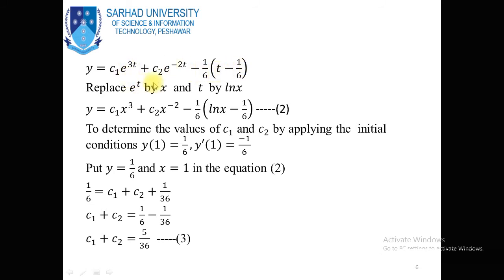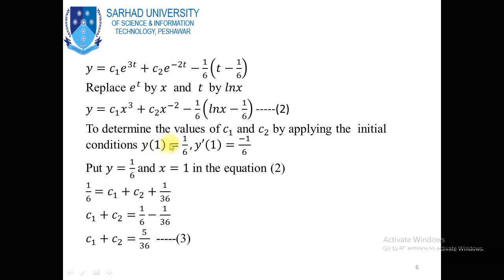Now replacing e power t by x and t by log x, we obtain the general solution c1 x cube plus c2 x power minus 2 minus 1 over 6 into natural log of x minus 1 over 6. This is equation number 2. Now in this equation we have two unknown constants c1 and c2. To find these two unknown constants c1 and c2, we use the initial conditions which are already given with the problem,